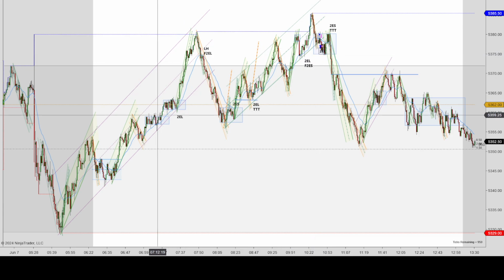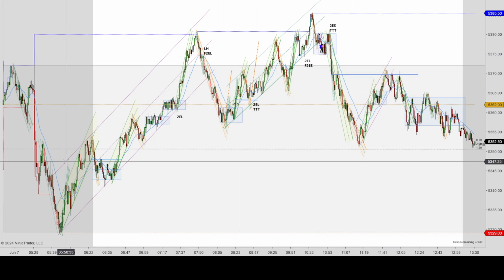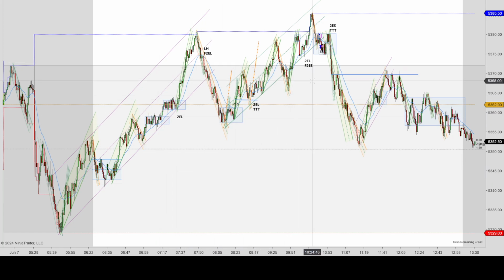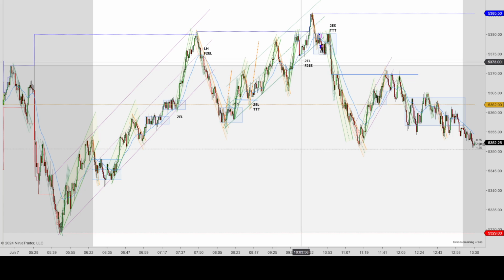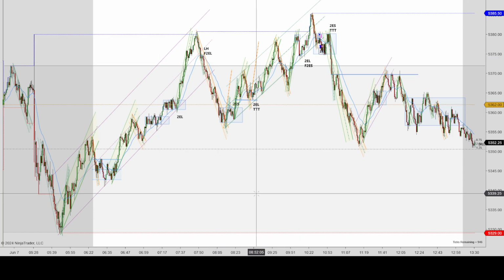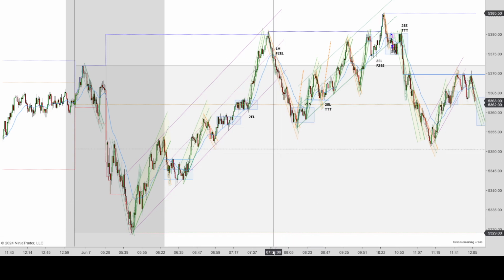setup. But then even then, the total price action, although there's a lot of movement here, it didn't really set up too many. It didn't create too many setups that I could identify as being high probability trades. There was a couple of almost setups and some possible setups. So